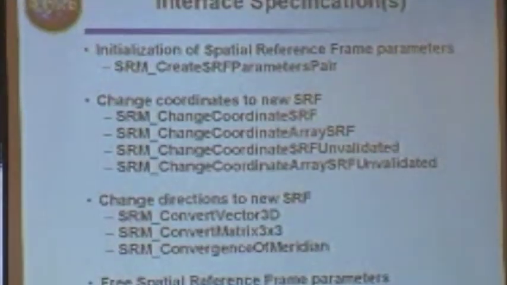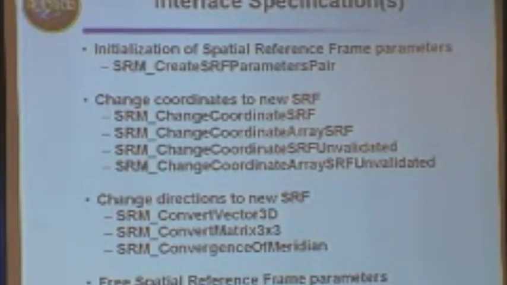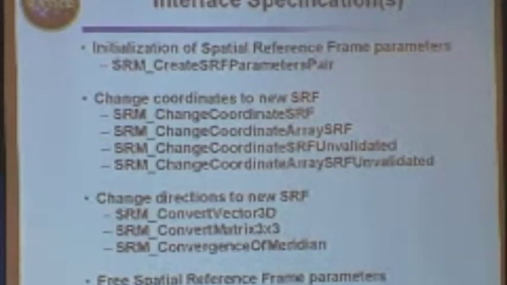So my programmer would need to know the API piece. Yes, and he would also have to know, for example, he's got map coordinates that say what a position is. He has to go find the little legend in the corner of the box to find out what datum that was built on. There are some things that he may be assuming, but when it comes to using this API, you have to specify a spatial reference frame. So it's not good enough to name the coordinate systems. You're going to have to name which datum you are starting from and which datum you are going to. So he's got some homework to do, but it's all self-contained in the sense that only the SRM documentation has to be referred to.